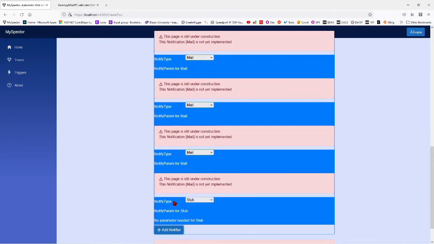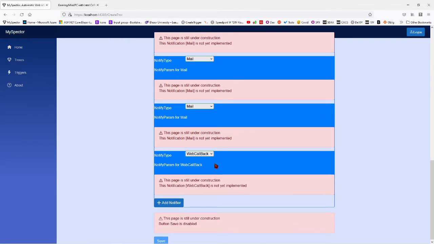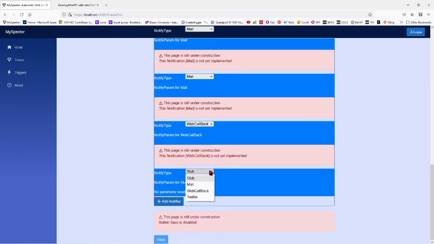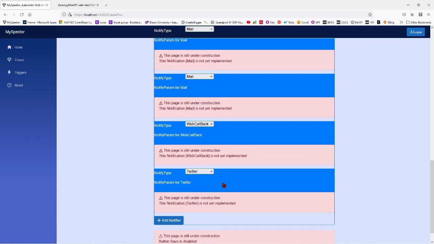And if I want to call a web callback, which means calling an HTTP URL, this will evolve to take some input later, but I can do it like this. And I can also send a tweet, for example. There will be some input parameters to create the tweet, and it's done.